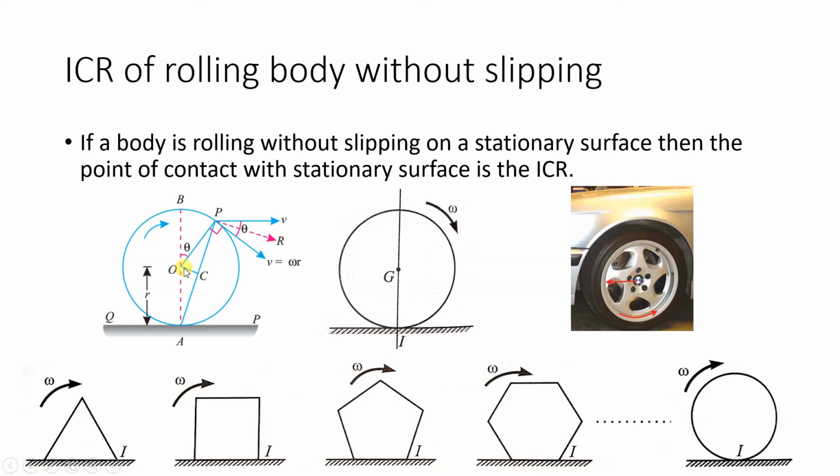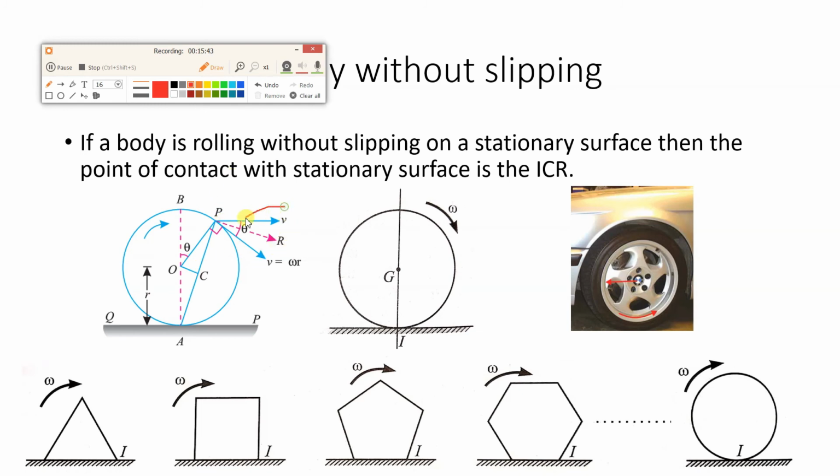Now just understand a few basic things. If you consider point O and see the motion of this cylinder, it is clockwise. Point O is the initial position of the body. Suppose this is the next position. So this point O is transferred over here, it is O dash. So it has moved linearly, so point O will have linear velocity. Whereas if you consider any point on the wheel, suppose this is point P, it will have both linear velocity shown by this horizontal V and then it will have angular velocity as well.